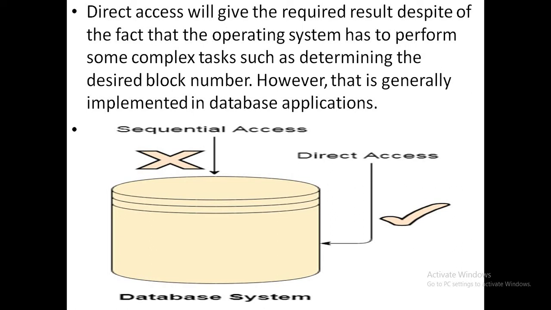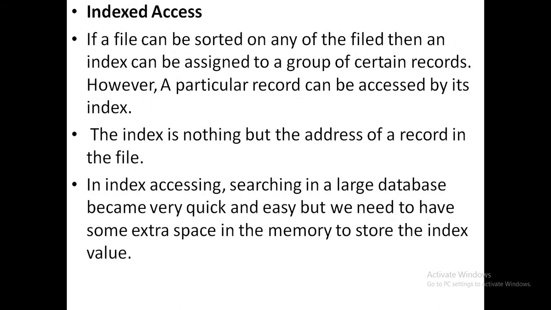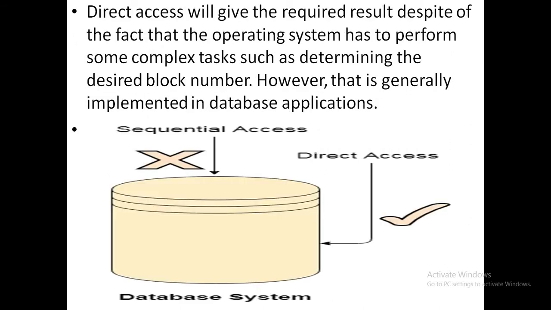It is a database system. If we want to access a particular file, then we can use the direct access mechanism to easily get our file. But if we use the sequential access, that is the wrong one, because it travels one by one, or in a sequence manner, from one location till the last location. So this is all about the direct access mechanism.